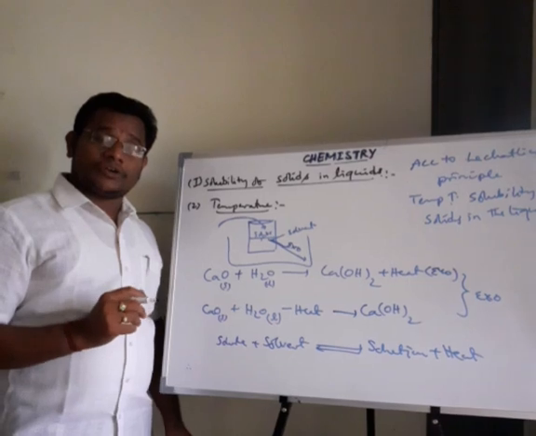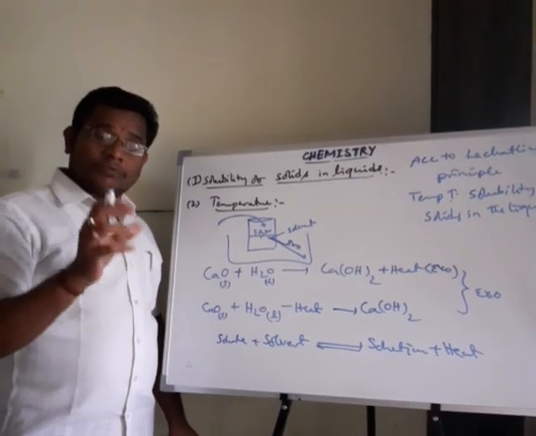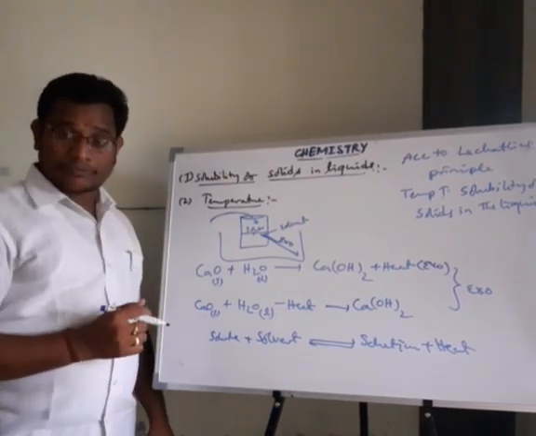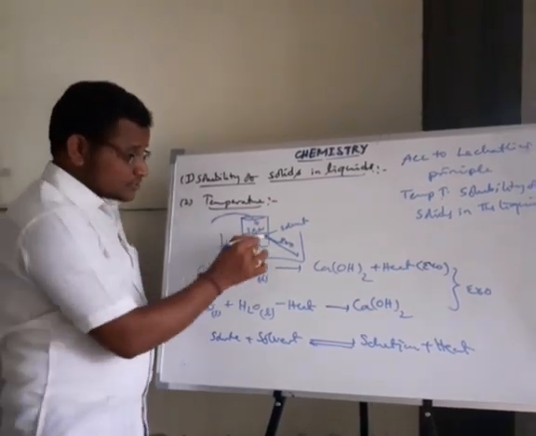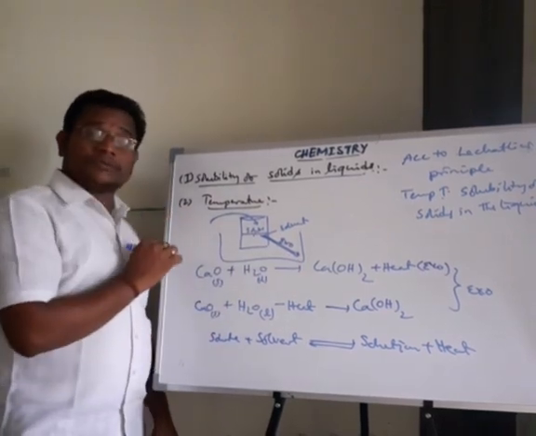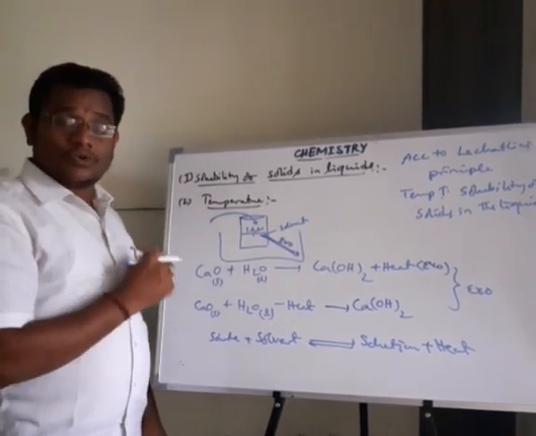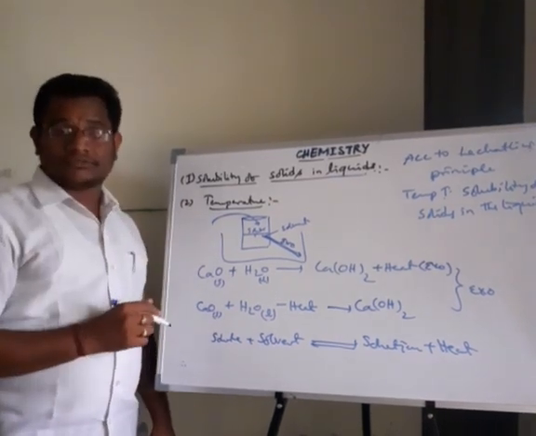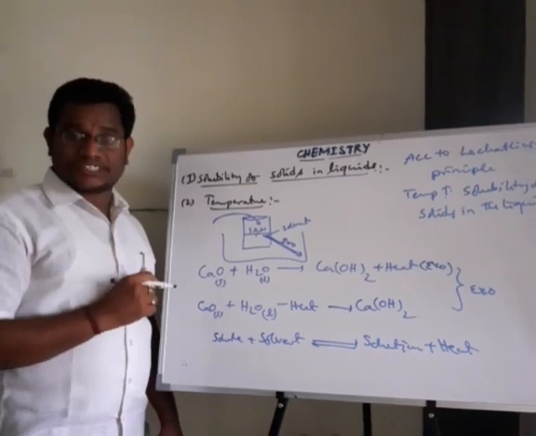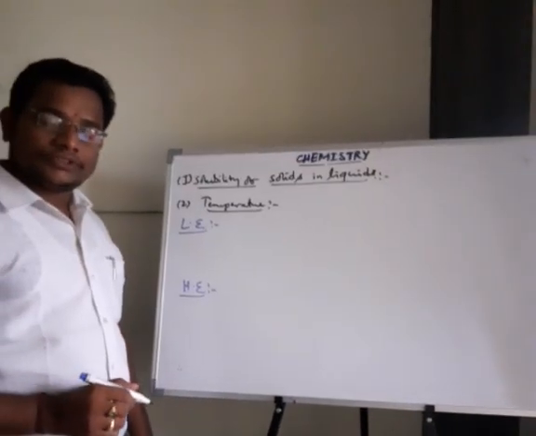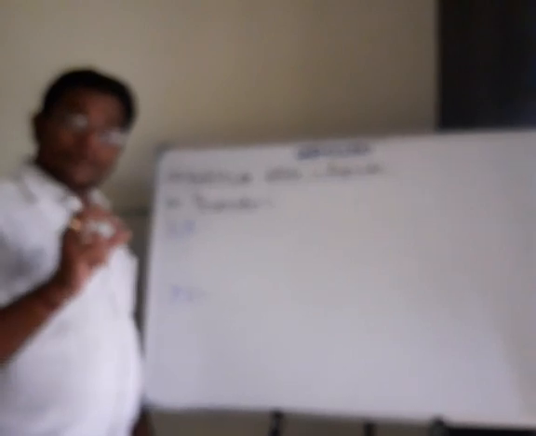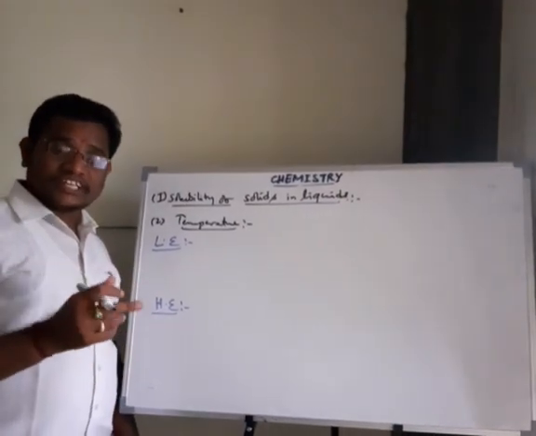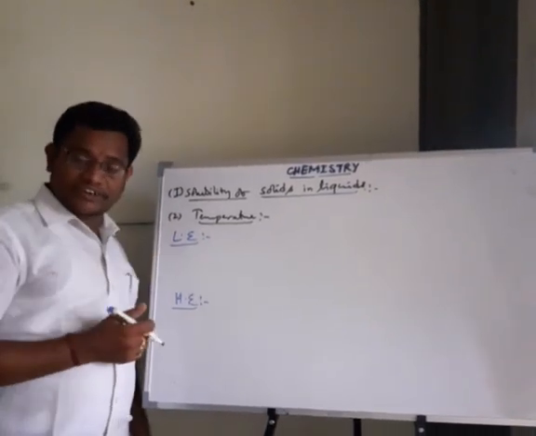But here is one point: how does the heat energy change take place during the formation of the solution? In the formation of a solution, some amount of heat is released, or some amount of heat is absorbed. Why does this happen? That is explained by two factors, lattice energy and hydration energy. Just now I told how the amount of heat change takes place during the formation of the solution, and that is explained by these two factors, lattice energy and hydration energy.